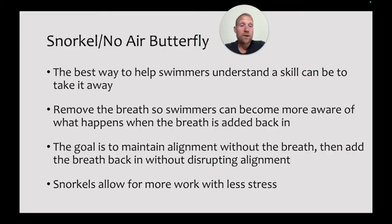And we talked about earlier, a lot of swimmers can't really tell or feel how the breath is impacting their stroke. But by taking the breath away and then adding it back in and then going back and forth between the two, they can start to tell the difference between when they're not breathing and when they're breathing, and they can take that gap and try to shrink it. And the more they can shrink it, the less resistance they're going to be creating as they breathe. And it's that awareness that we create by having them use a snorkel, by swimming without breathing, that allows them